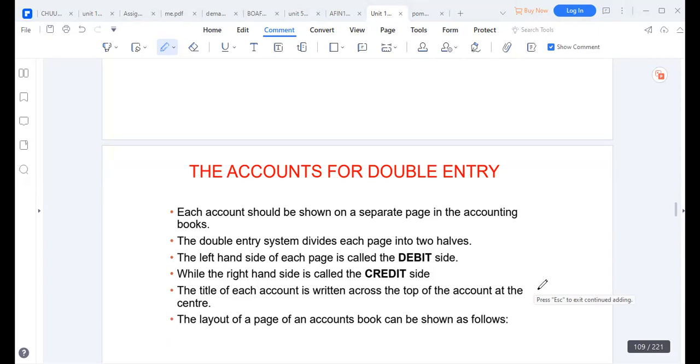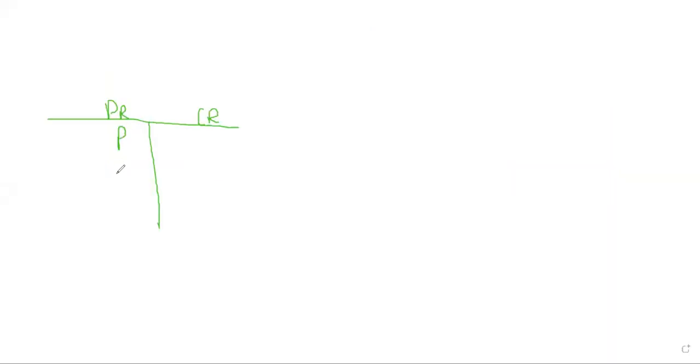And to help us do this, I will make a few explanations here and there. We are going to look at a debit side of an account and the credit side of an account. When an account is receiving, we enter on the debit side. And when an account is giving, we enter on the credit side. So now, depending on the transaction that you are trying to do, it will give you two accounts. For example,